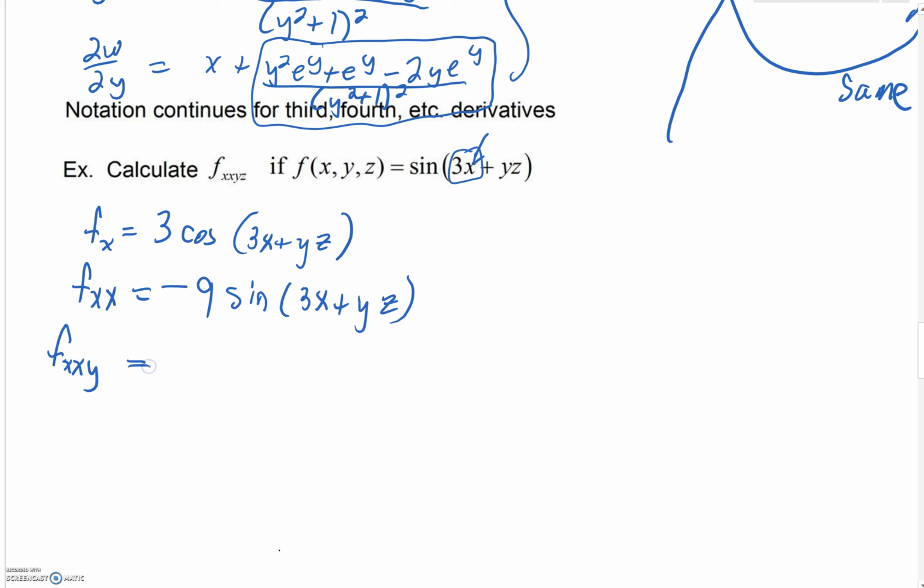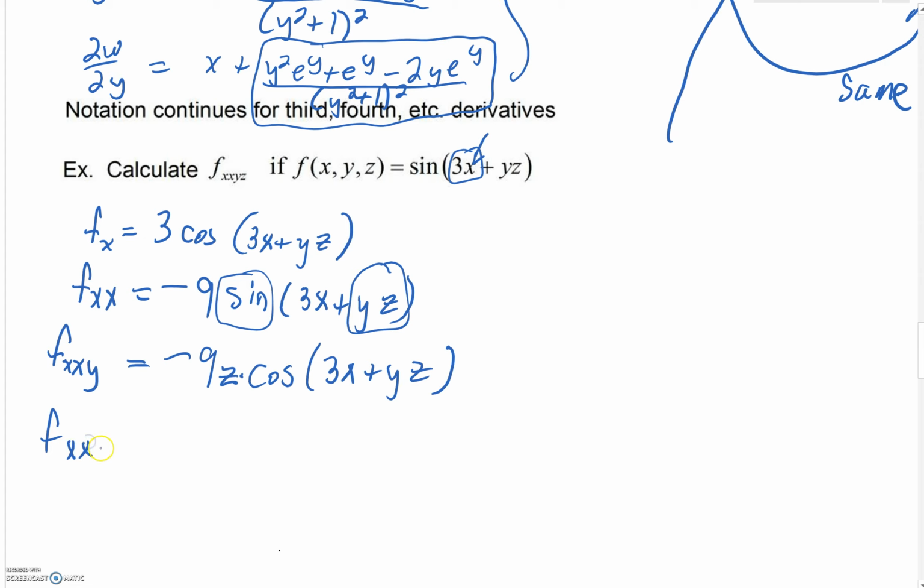This time we're going to take our derivative with respect to y. And the derivative of sine, of course, is cosine. But now, of course, as we're looking at the derivative of this yz with respect to y, we just get a z. So a z comes out. And finally, we're going to take our derivative with respect to z. And it looks like we're going to have to pick